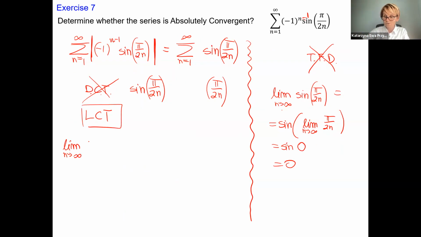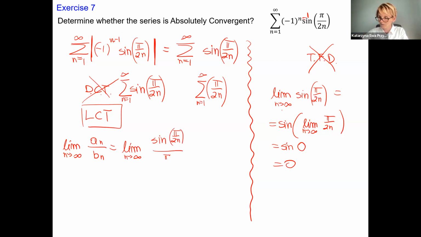Limit as n goes to infinity of a sub n over b sub n. a sub n is the original formula, b sub n is the new one that we're comparing with. We can even think about the summation for the same number of terms. That means I'm comparing with this one. Let's check. Sine of pi over 2n over,